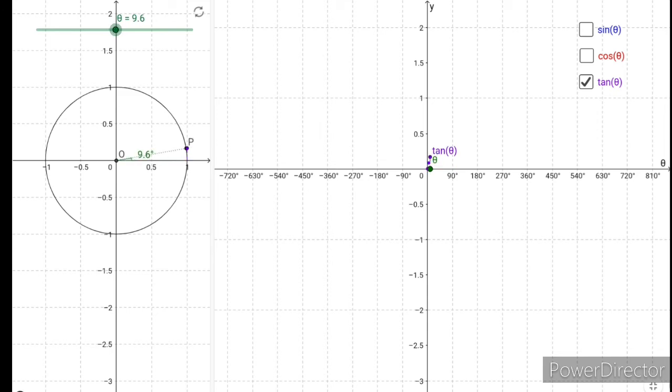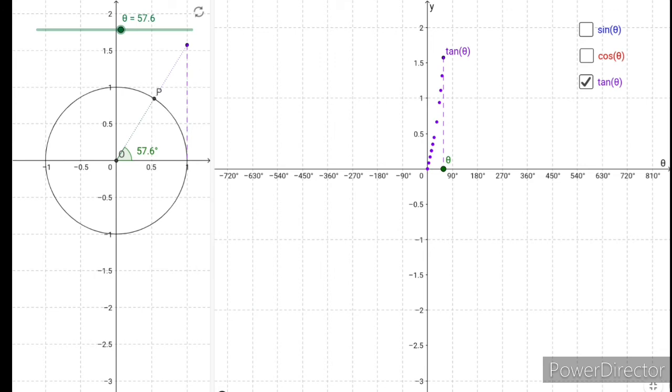Now if I keep on increasing theta, let's say some theta is 19 degrees. So we have seen that tan theta is nothing but the length of this blue line. If I keep on increasing, see, this is the blue line. We have seen that tan theta is nothing but this blue line because both the triangles OPM and OQR are similar. So tan theta is nothing but opposite side, which is the dotted blue line, divided by 1, which is the length of this dotted line.